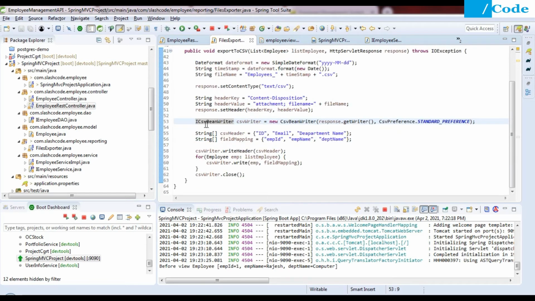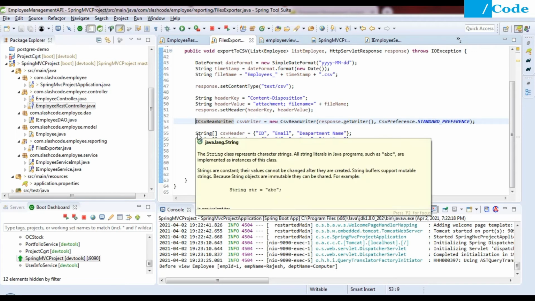So here is the best part of the project: how to use the Super CSV feature directly in our project. We need to create the ICsvBeanWriter object, and pass response.getWriter and CSV reference as the standard reference. As we got the CSV writer object, before writing the header, we need to define the array of strings of what we want in the CSV header.